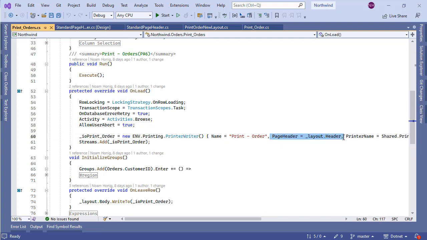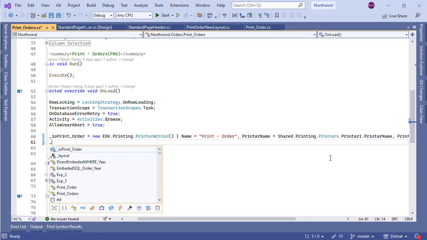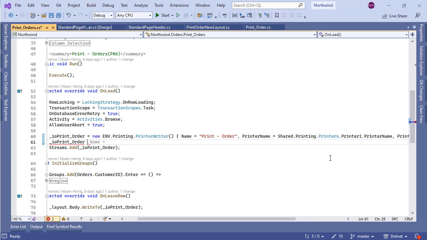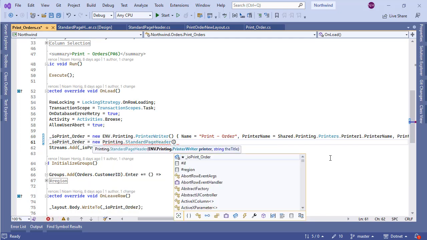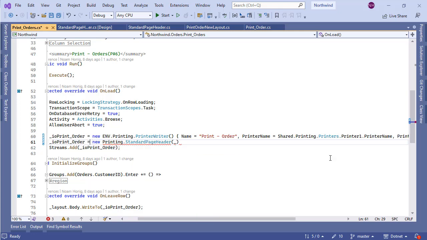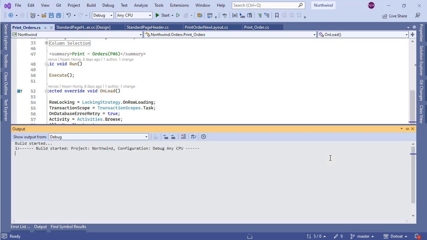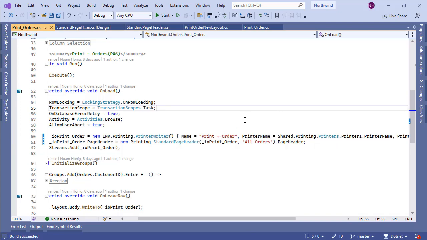I'm going to delete the page header that was defined here, and I'm going to say IO print order equals new printing standard page header that will get the IO print order, and we'll get a print of all orders as a title. Okay, and of course I'm going to send it the header. Great. So now if you run the code,